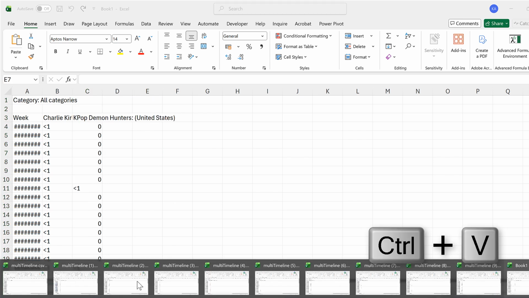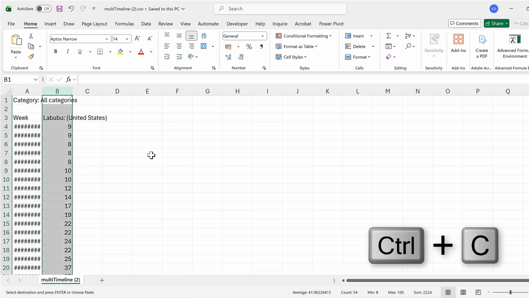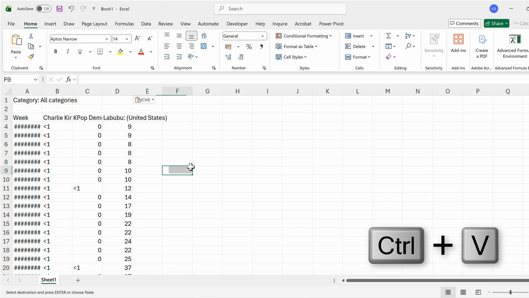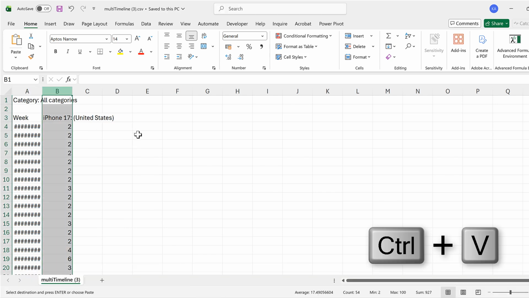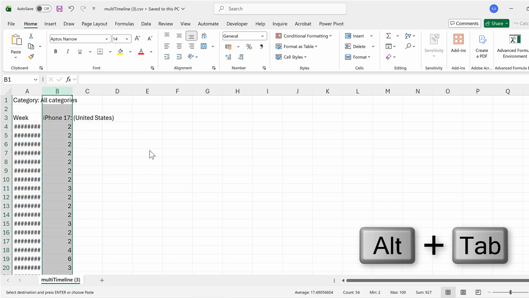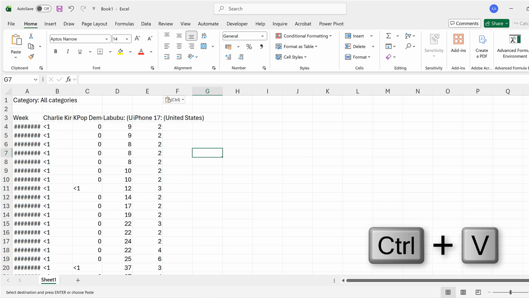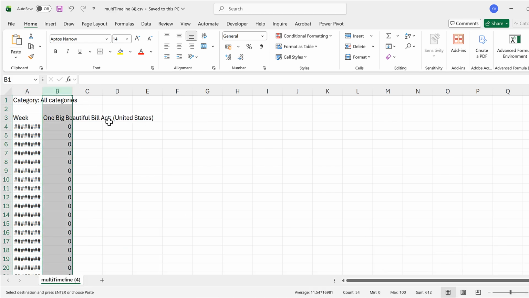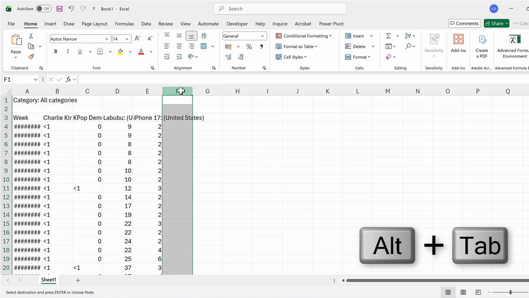Then we need file number 2 and I'll copy this and Alt-Tab and then paste this and then file number 3 and copy this and Alt-Tab and Control-V and then file number 4 and we'll copy this and Alt-Tab and